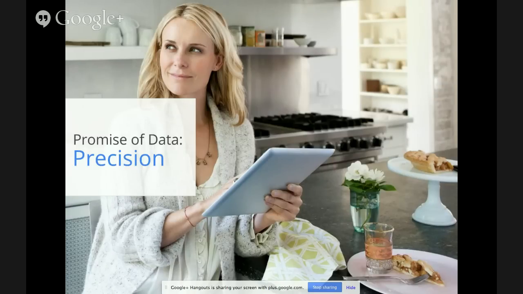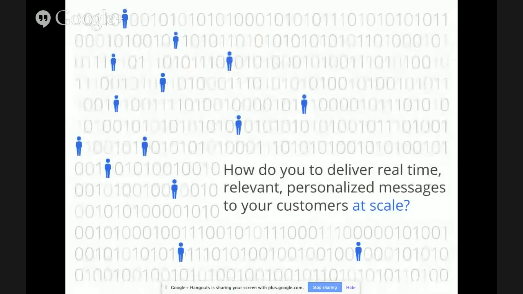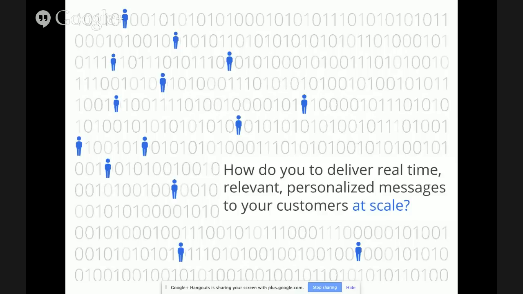So running continuous campaigns on the right network will keep you in touch with your best customers. You want your ads to be relevant, and you want your ads to be useful. And the question when it comes to digital marketing is, how do you use data insights to deliver relevant, personalized messages to your ideal customers in real time and at scale? You need to find the right audience at just the right time with just the right message and at the right price. And you need to do this thousands or millions of times every single day. So the key in translating this to digital marketing is to move from data to precision to scale. Now, we do this automatically for you via real-time audience buying.